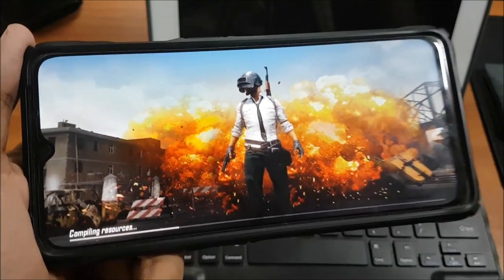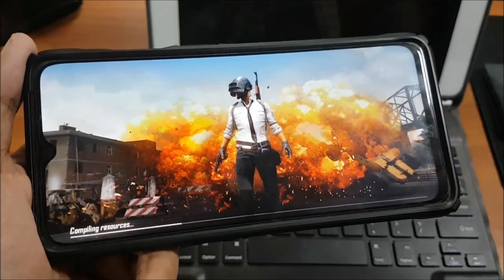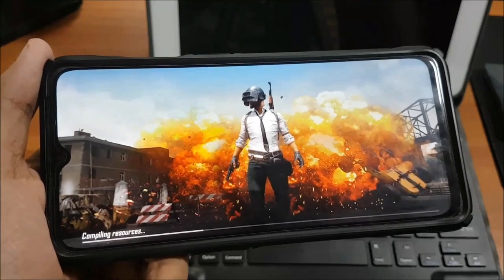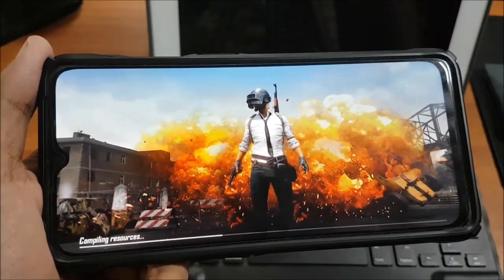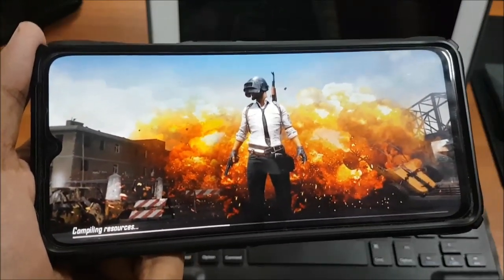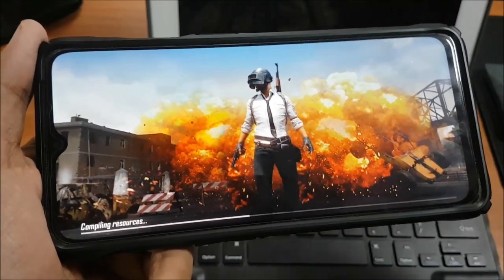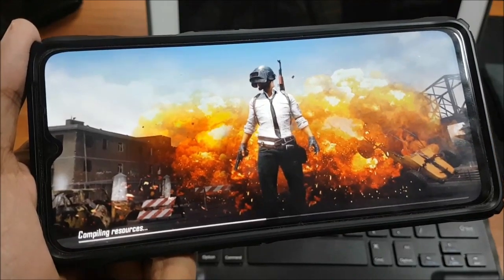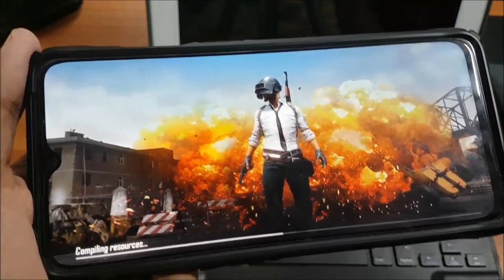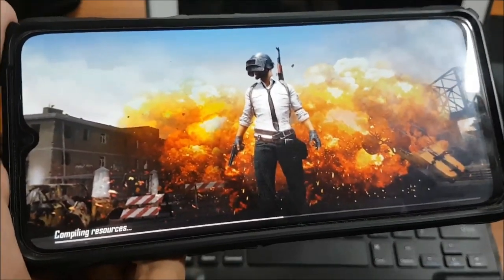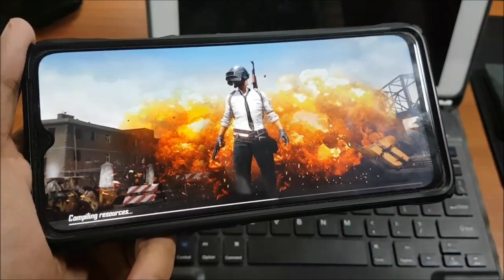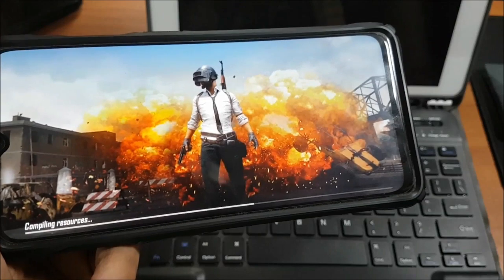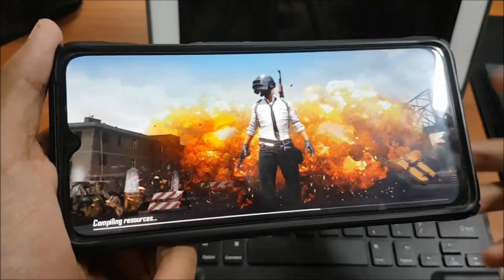We have been waiting for this game for such a long period of time, and finally it's here, and it is the Indian version. It's available in the Play Store right now. Go download it. And here as you can see, it is compiling the resources, as it is very similar to all the stuff that we used to do in PUBG. Previously we did the same as well. Let it get over.